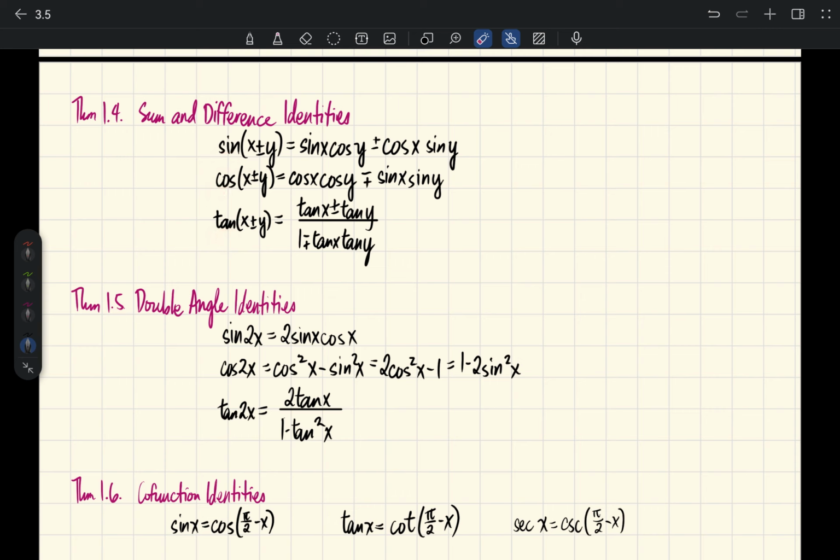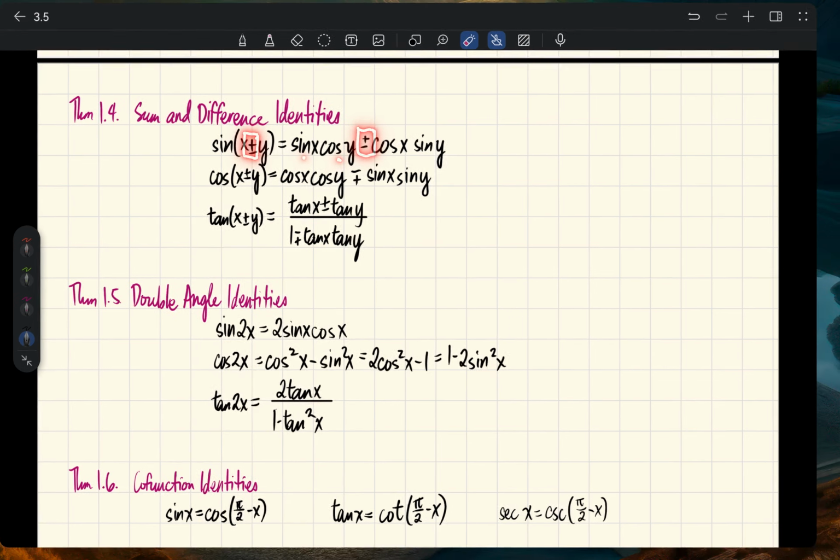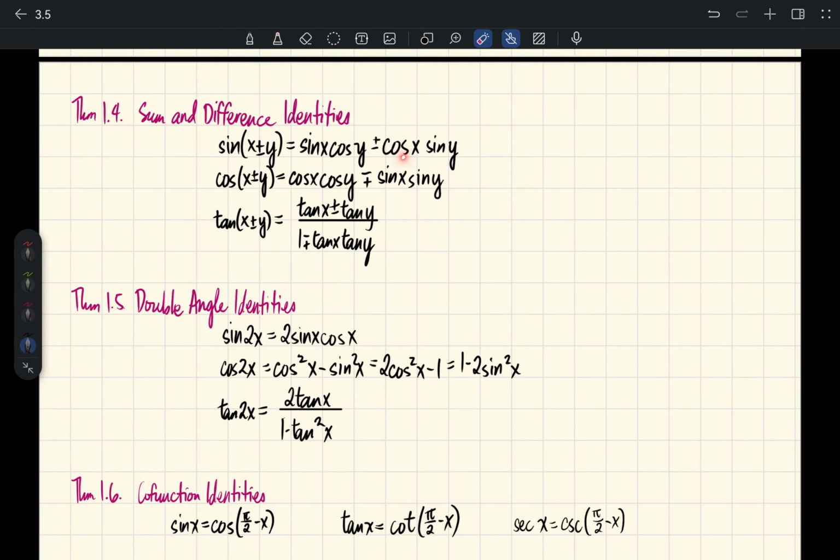So first one, you have sine of x plus minus y equals sine x times cosine y. And as for the sign here, we will just retain whatever sign we get here. Then for the second term, you have cosine x times sine y. So basically, my mnemonic here is sin, cos, cosine. And for the sine function, you just copy the sign of whatever's inside.